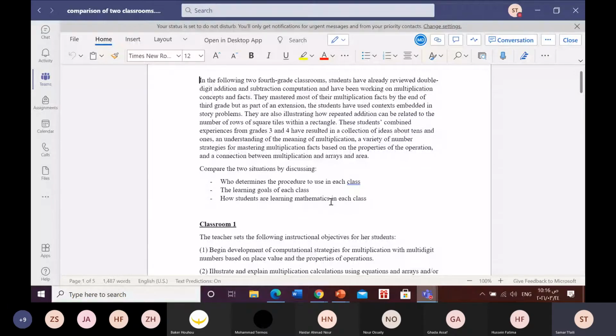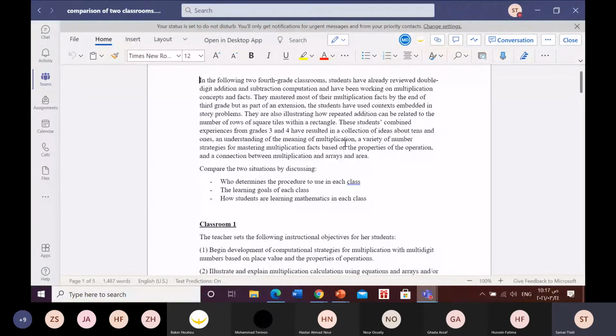They know multiplication; the chapter is about multiplication here. They know multiplication as repeated addition, and they know multiplication as the area model. Where we have, for example, a rectangle divided into 4 columns and 5 rows, how many tiles do I have inside it? 5 times 4. So they know this, the arrays.